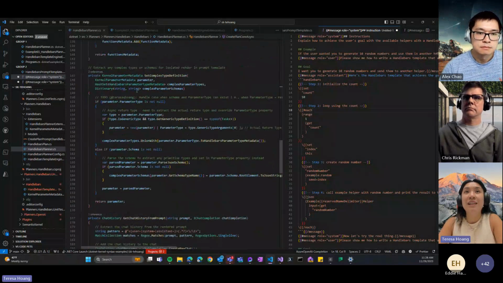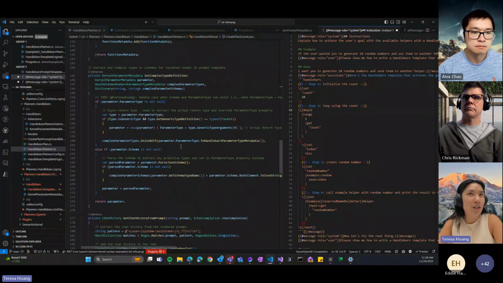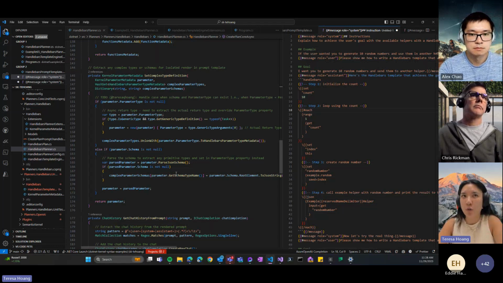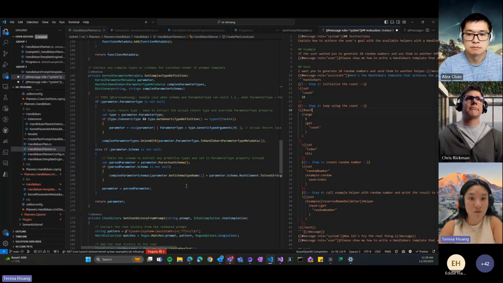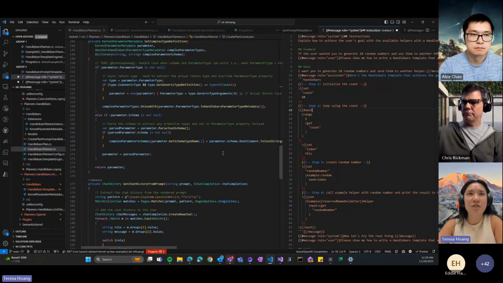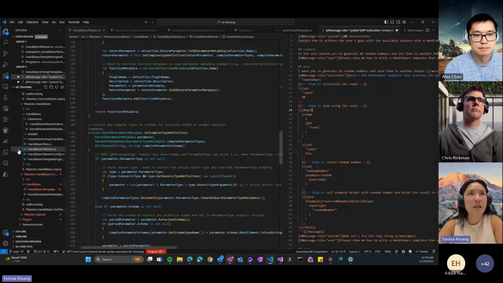We also support complex types now. That's a pretty big change coming with V1: we have complex type definitions for all of the parameters, inputs or outputs. This is really helpful, especially with the OpenAI plugins that you import, so you can have complex payloads, and the planner is able to identify the structure of these a lot better now, and actually pass in an object that makes sense to the function it's trying to invoke.